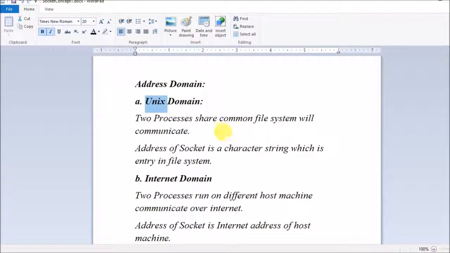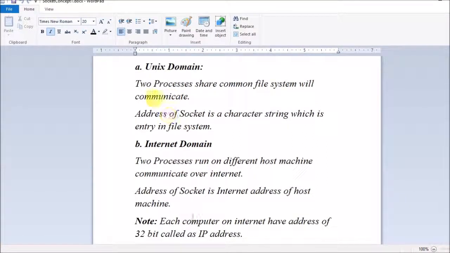They are sharing the common file systems, and the address of this socket is represented by a character string. So this is all about the Unix domain. For the internet domain, the two processes run on different host machines. Suppose you have one host machine where one process is running, and another process is running in another machine. If they communicate with each other through the internet, then that domain is called an internet